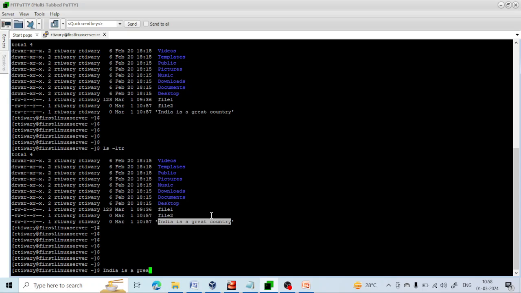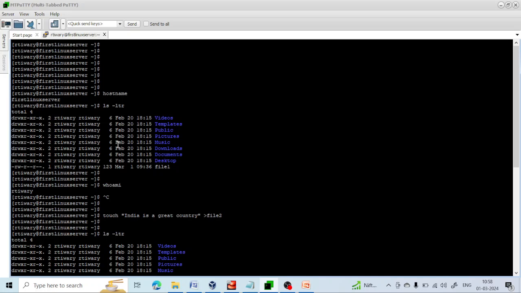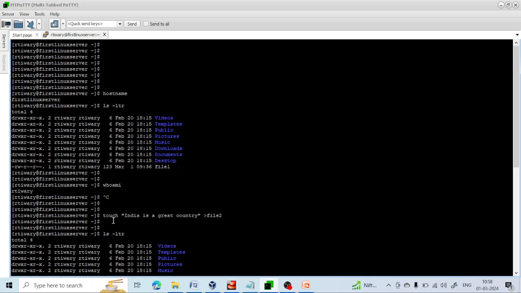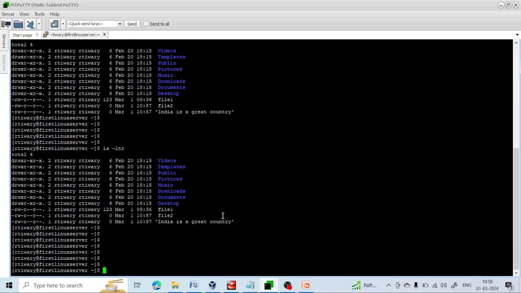Touch is basically used to create a file. Let me show you. I have written touch, and the file name one was considered a file one, and this was considered a file 2, so it is creating file 2 and this. So let me remove this, and also let me remove this,